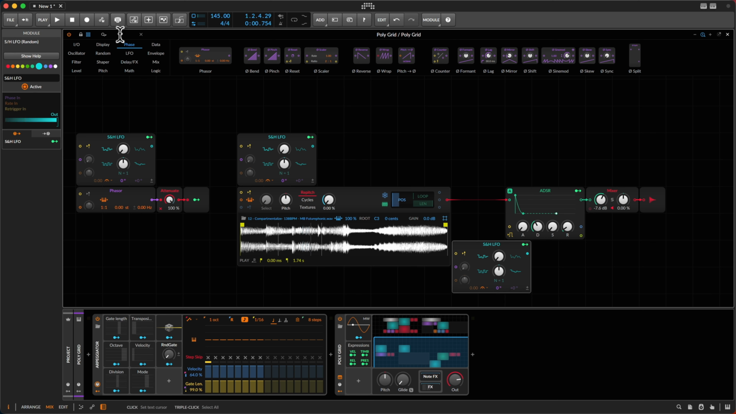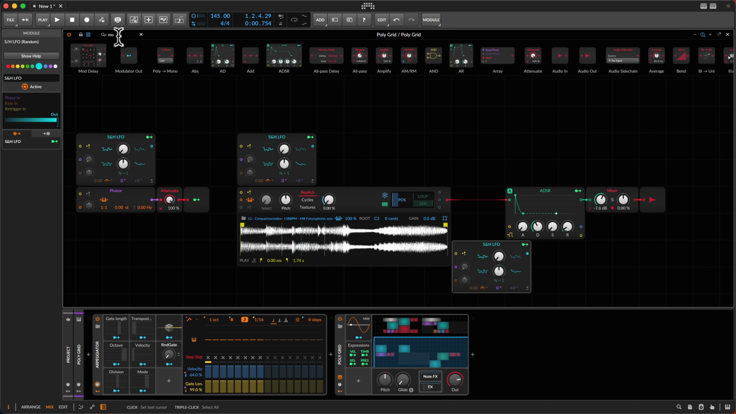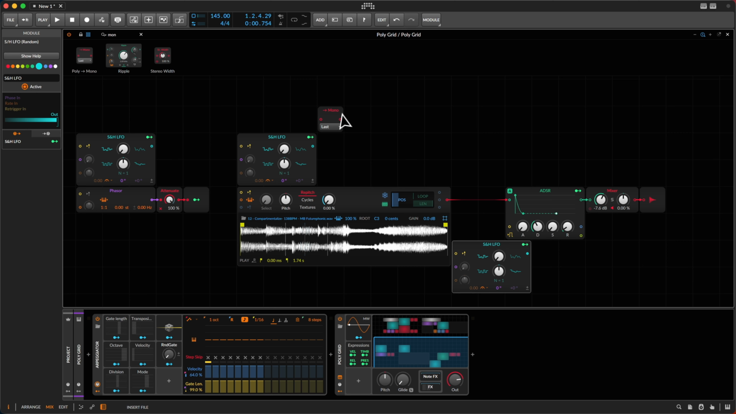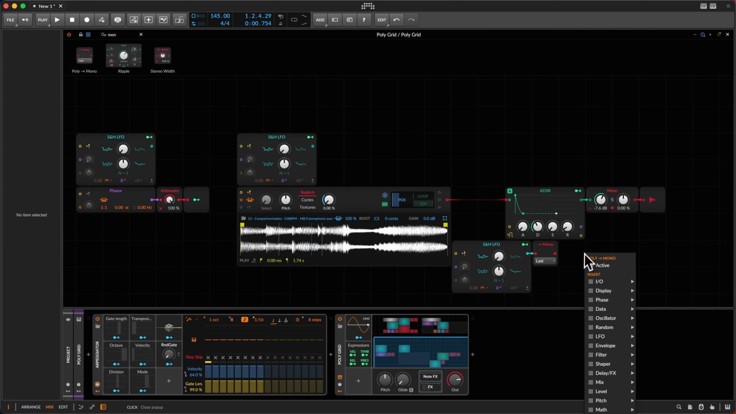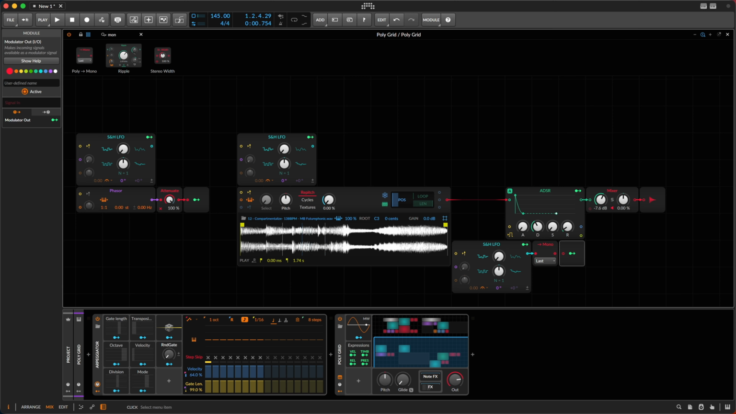So in that case, we can pick up this device here and then add a modulation out after this. And this, as it indicates here, combines all the voices into a mono voice, and then you can select here what